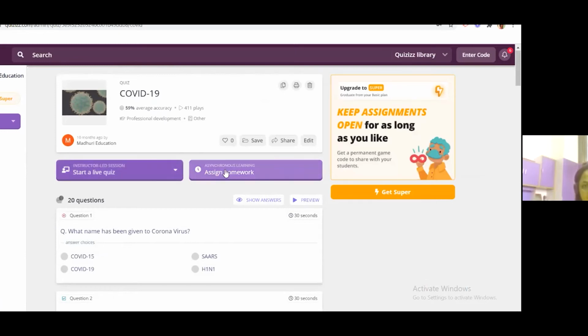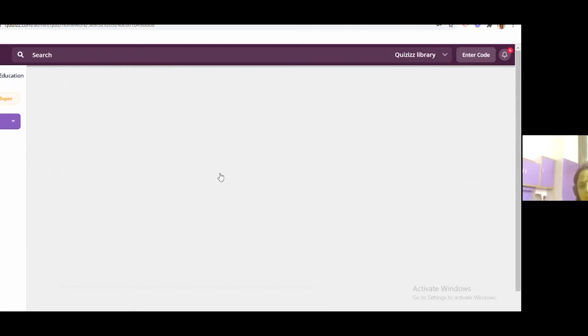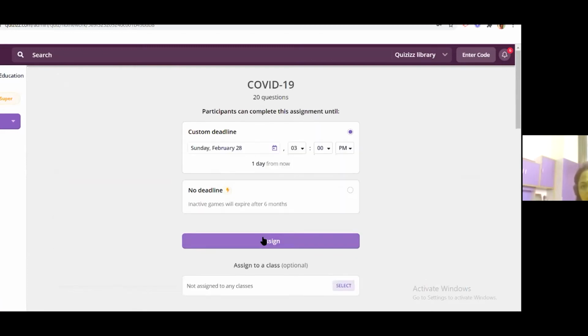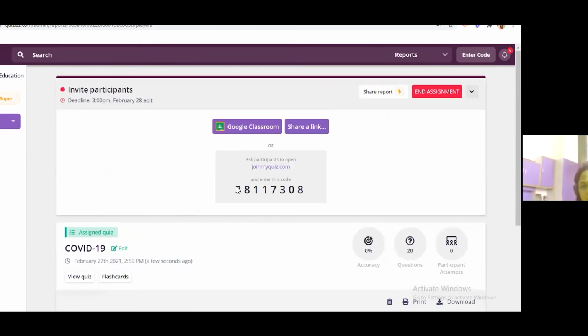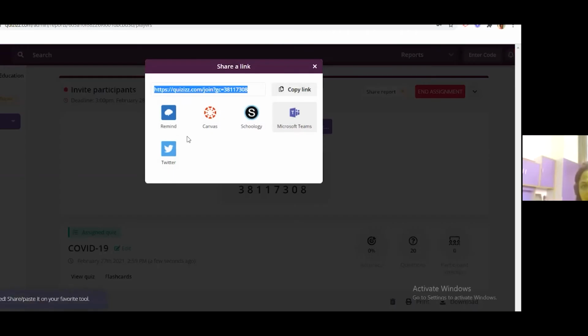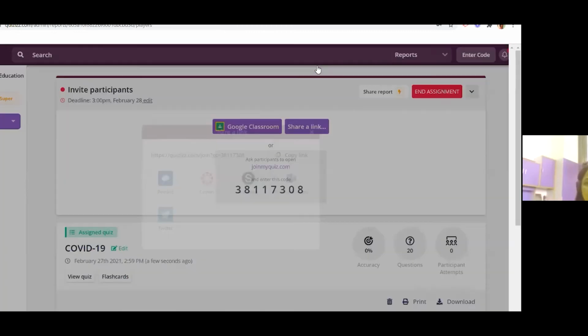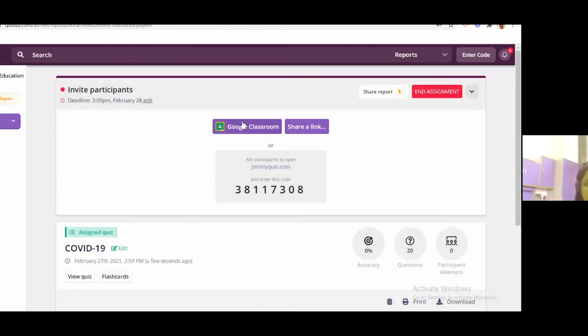You can assign this quiz directly to your Google Classroom, or you can share a link to Canvas, Schoology, Microsoft Teams, or Twitter, or you can copy from here and share the link in the WhatsApp group of your students, or share by email also. This is the pattern you can use for playing the quiz later on, like you are assigning the quiz.